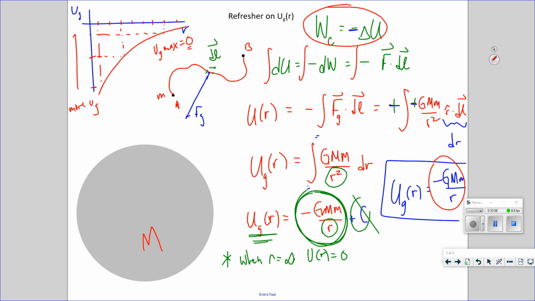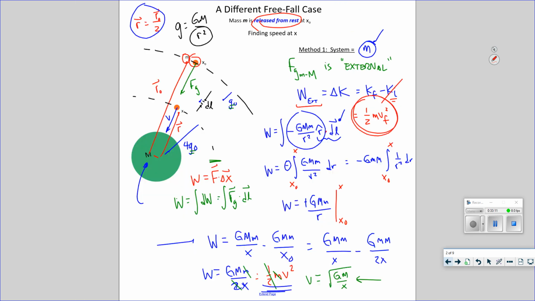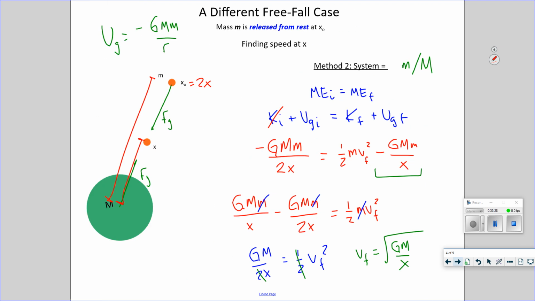So we've gone to some lengths to derive the expression for gravitational potential energy, and we've gone to some lengths to derive a proper expression for how much work is done when a force is non-constant, or even when a force varies in a non-constant way. So no matter what, to do this right, without taking it with a grain of salt or accepting on face value that this is the case, you've got to employ some calculus to do this in a thorough manner. Once you do that and can accept that this is the case, I would say for sure that this is the way to go.